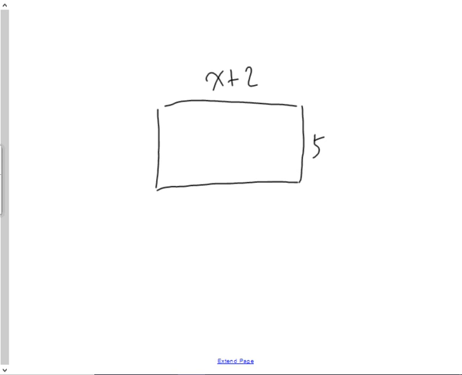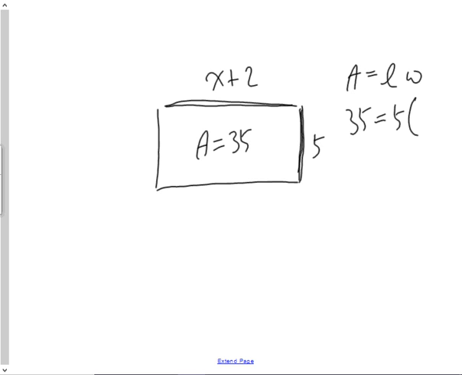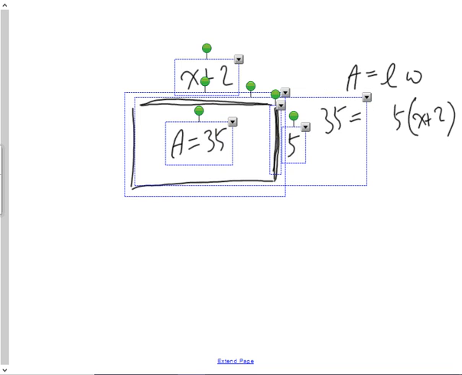Now, if I told you the area was 35 units squared, whatever, and we're not even going to put meters or whatever, just 35. Then the first thing you have to do is write down the formula: area equals length times width. And since the area is 35, and the length doesn't matter, it could be either one of these ones, we're going to treat the length as being the single term here, 5, multiplied by the width, which is x plus 2. When I substitute everything I know, I end up with this algebraic